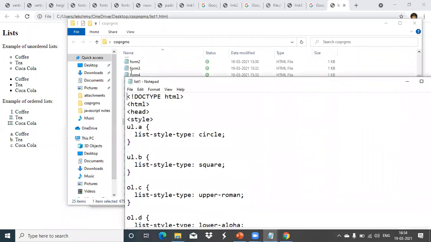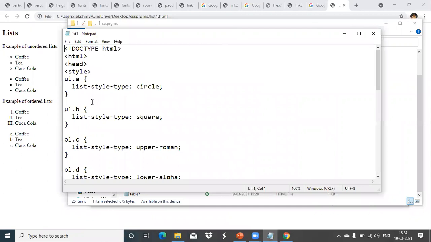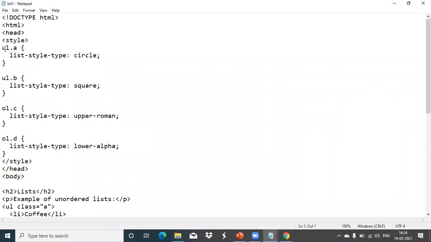So in this list, we have seen unordered list tag name is UL, ordered list tag name is OL. So now we are doing styles for UL and OL. Here the styles we want are circle, square, upper Roman and lower alpha. There also we have done that using this type attribute. There also OL type we have given equal to within double quotes. If it is capital A, we have specified that. Small letter a, if you want that, also specified. Roman letter.